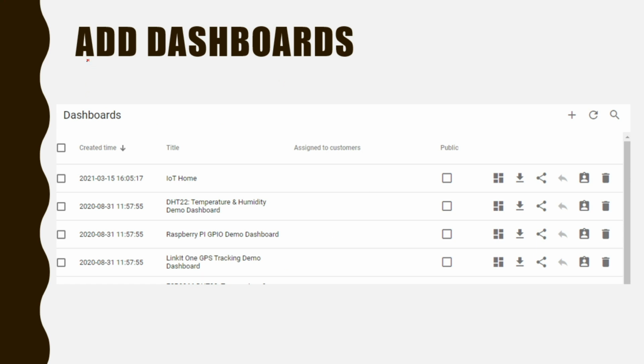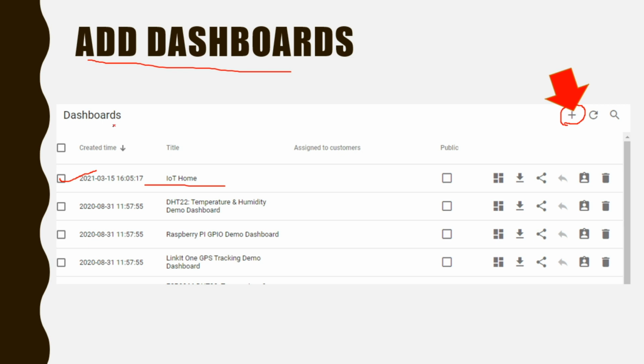So now we are going to add the dashboard followed by the widgets. So now you have to select this device, whatever device you created. So now imagine I have created an IoT device. So you have to select this IoT device here. Once you click this IoT device, you have to click this plus symbol in order to add the dashboard.